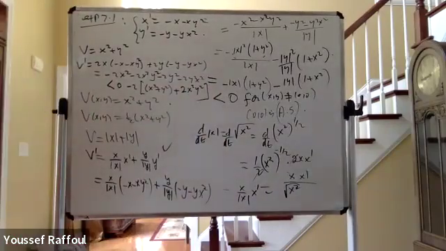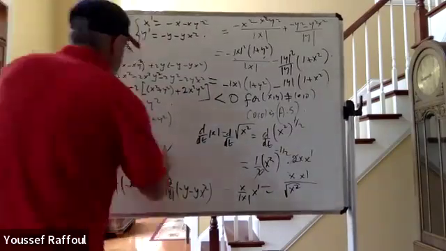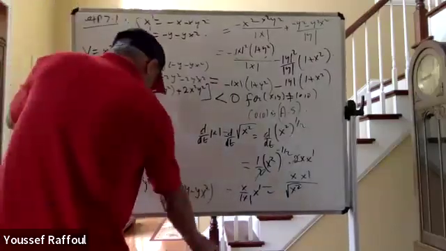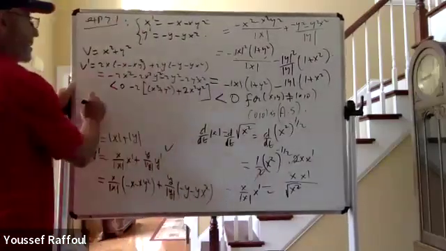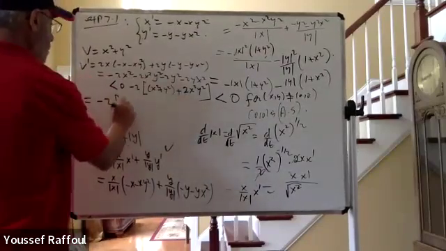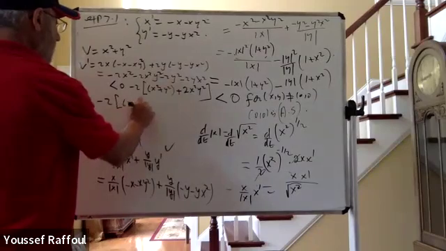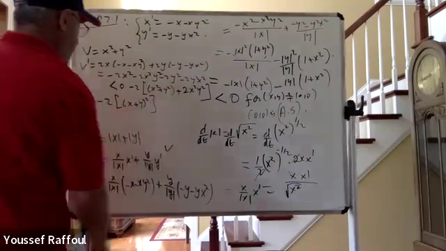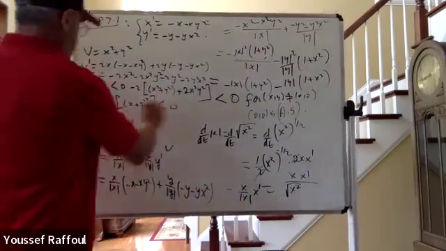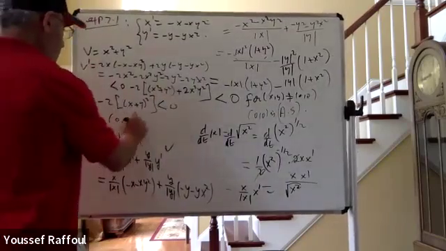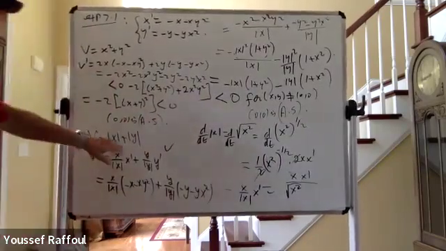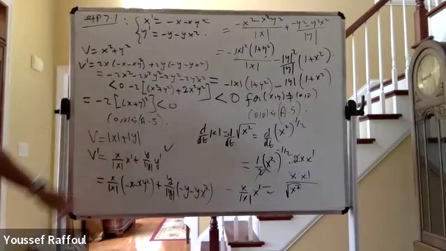So in other words, this should give us minus 2 of x plus y squared. There you go. So what's less than 0? So that means (0,0) is asymptotically stable. And then we took this Lyapunov function